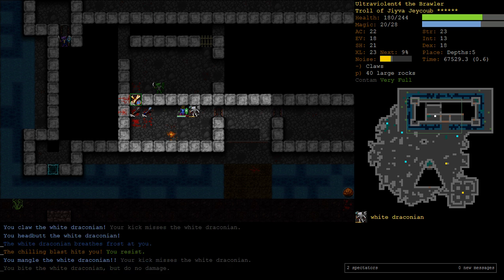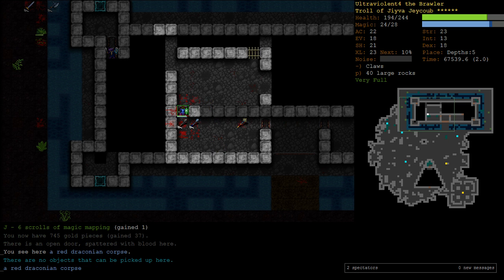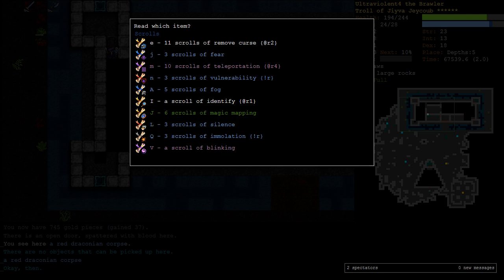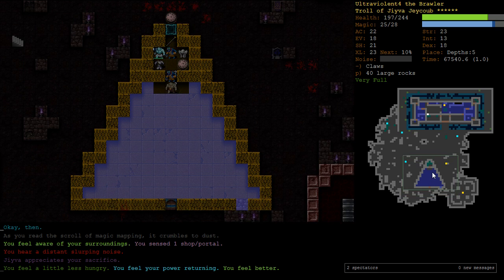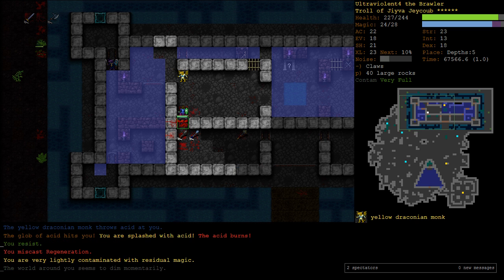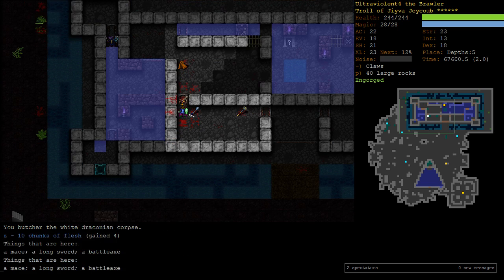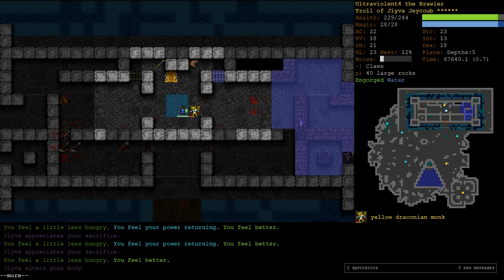Yep. Well, there's a magic mapping that does nothing for us. I guess we could map this floor. Yeah, let's do it. Let's magic map it. Cool. We revealed that the inside of this pyramid was in fact in existence. The more you know. We may as well have done that though, because